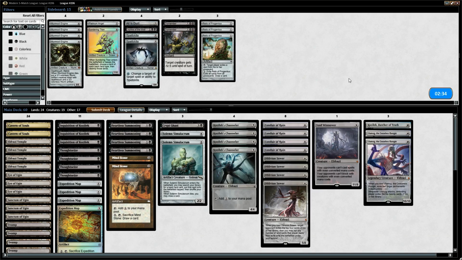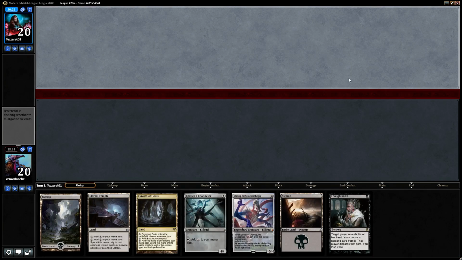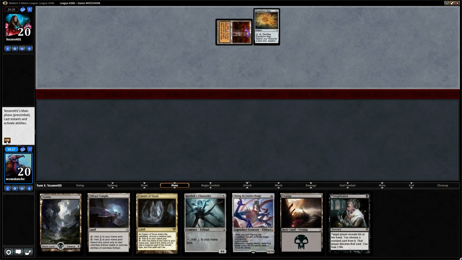Liking the Solemn Simulacrum and the Crypt Ghast, so these are new additions. This is a decent hand. It can get the Kozilek channel out quick. We can disrupt his hand with a Thoughtseize. So now if he keeps a hand with a Karn in it, we can get rid of the Karn, and now he has to draw into a spell that...